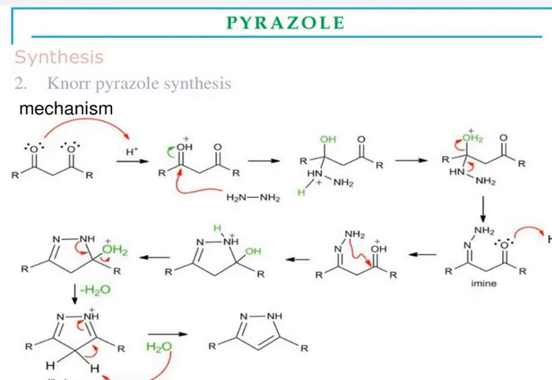Now again go through the mechanism step by step. You can see the lone pair approaching the acidic medium and forming OH plus. Here the carbon oxygen double bond, and then hydrogen approaching the carbon center of the C double bond O, and then formation of carbon nitrogen bond, then shifting of positive charge on nitrogen. Then you can see the transfer of H from nitrogen to oxygen, and then you can see